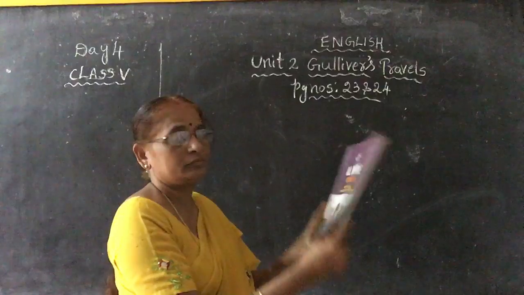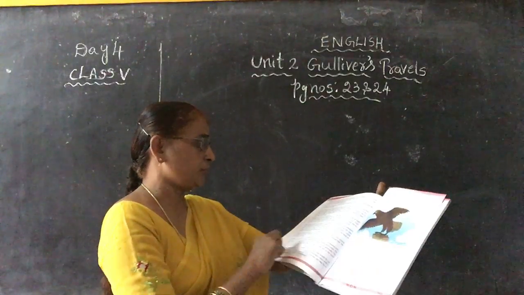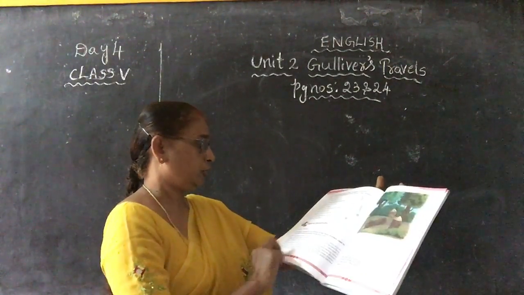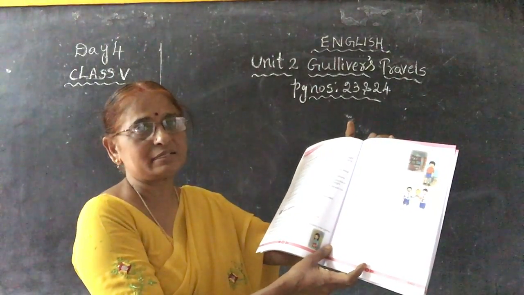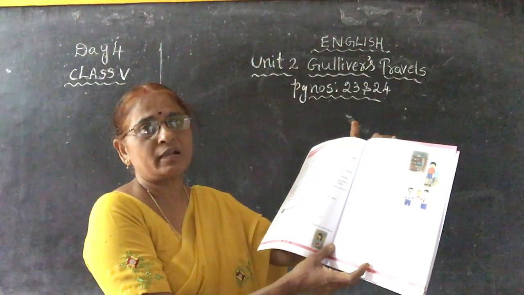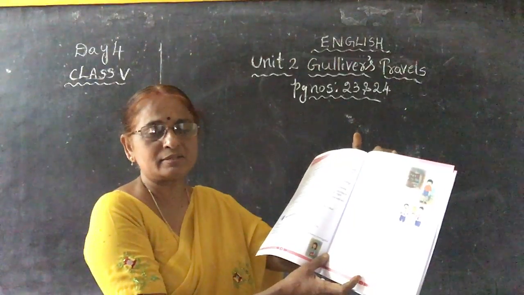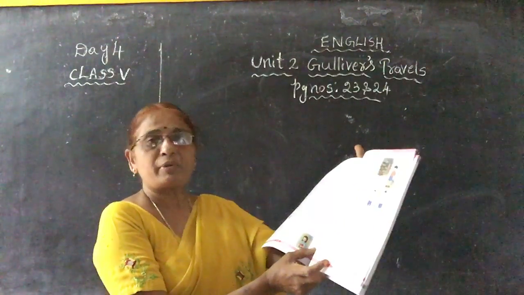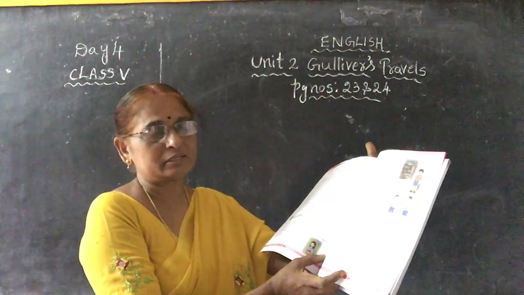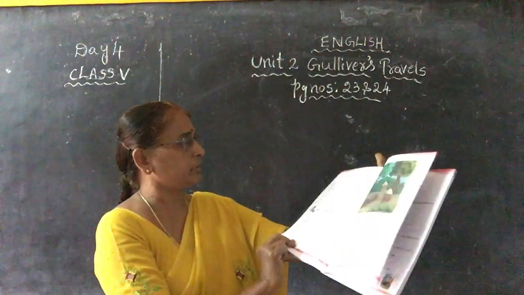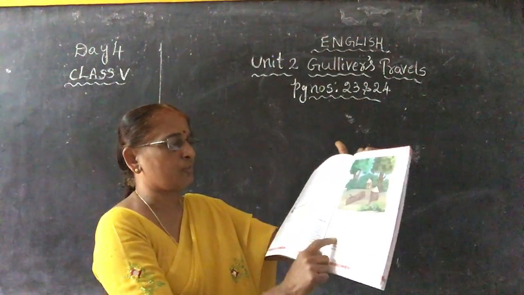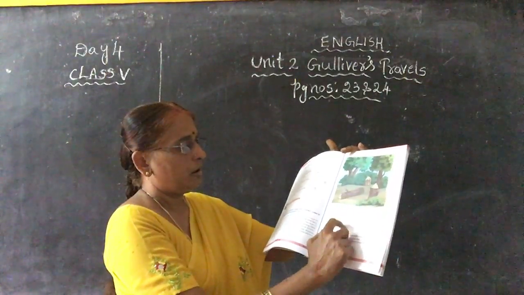Open your all-in-one book, children. In the previous class we completed Unit 1, kinds of sentences. There are 4 kinds of sentences: declarative or assertive sentence, interrogative sentence, imperative sentence, and exclamatory sentence. All these things I have explained, and you have completed the homework in the textbook itself. This one and this one, learn to communicate, and you wrote these answers also here.